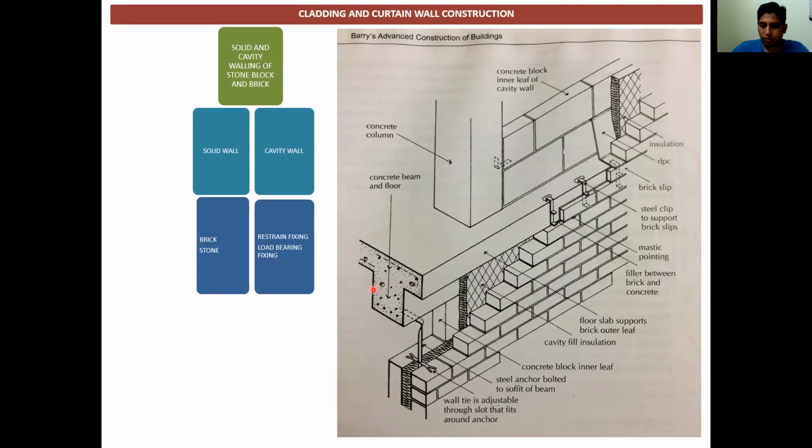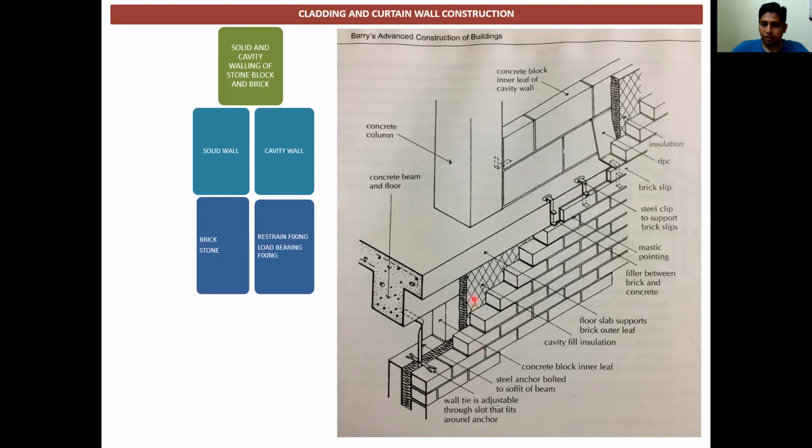The outer face, and this small RCC projection, which is for the cladding, which is going to be constructed in other floors, that is first, second, or third. If we are looking at this structure, how these bricks are cladded with the existing RCC structure with the help of this kind of steel clamps.